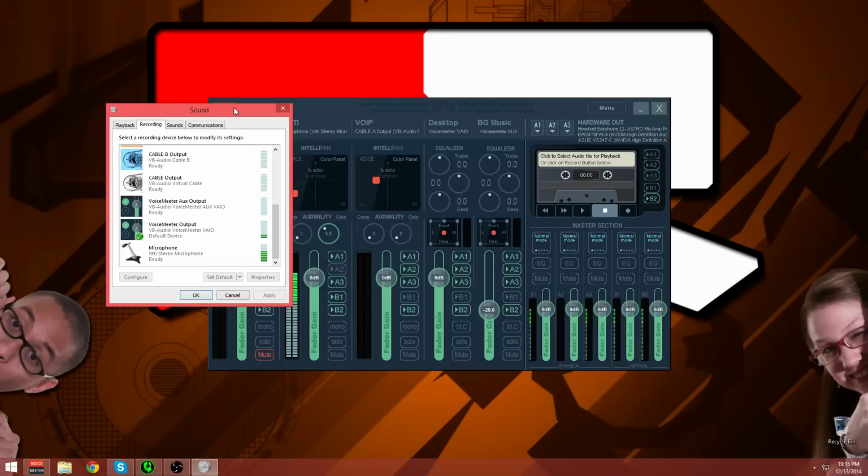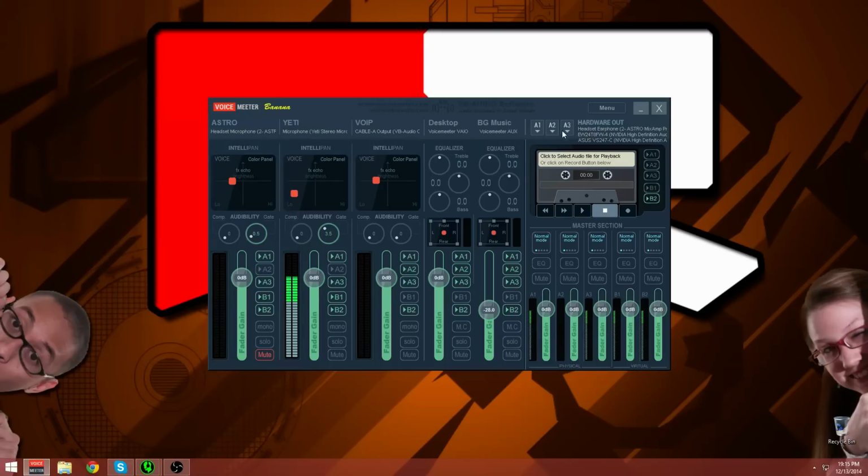All right, so now that you've got your desktop sounds going to this program, how are you going to hear it? Well, for the most part, you're going to have to set up your outputs to go over here, which means you have three outputs you can choose. You want to choose your main one